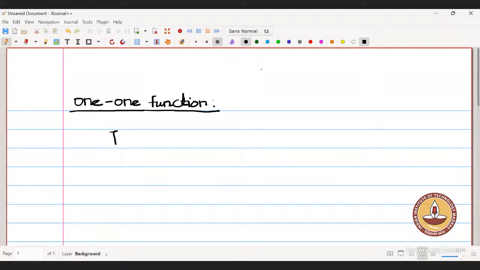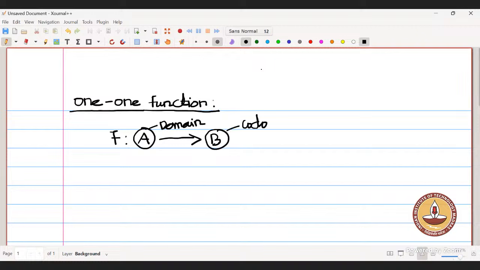Let's say we have a map from A to B, right? So this is my domain, and this is the codomain of the function. Suppose I have a map from A to B, then I say that my function is one-one, or in different terminology, injective. So I say f is injective or one-one if